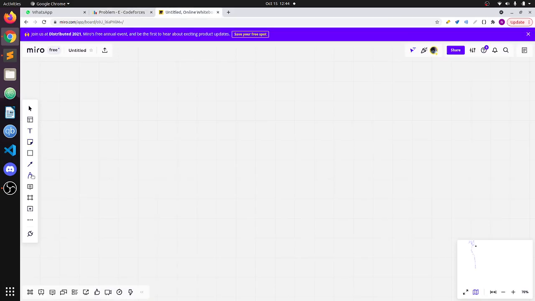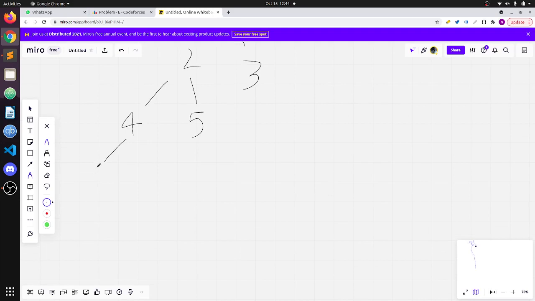So the main idea behind this question is just consider the trees to look something like this: 1, 2, 3, then here we have 4, 5, and let's just say here we have 11, then 12, then 16, and then here we have 18. Okay,